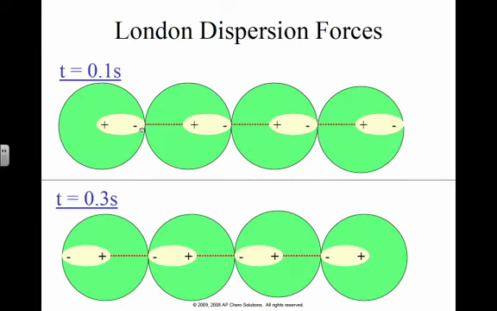But at any given point in time, I can have an electron right here. Well, if I have an electron right here, that means that this guy right here is going to be attracted towards it. Well, that's your London forces right there. At any given point in time, there's going to be a slight attraction for the positive to the negative